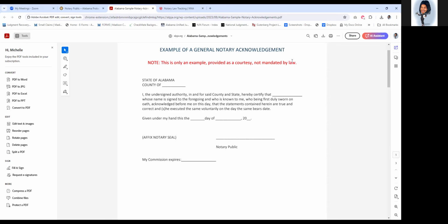And remember, we stated in the first video, a good certificate needs to answer who, what, where, and when. Who are the names, and here we have a space for the signer's name. Who also pertains to the notary credentials, and we have a place for the notary to sign, to print their